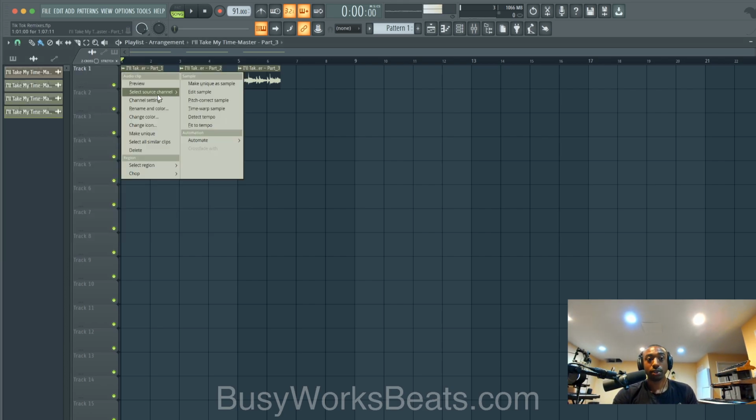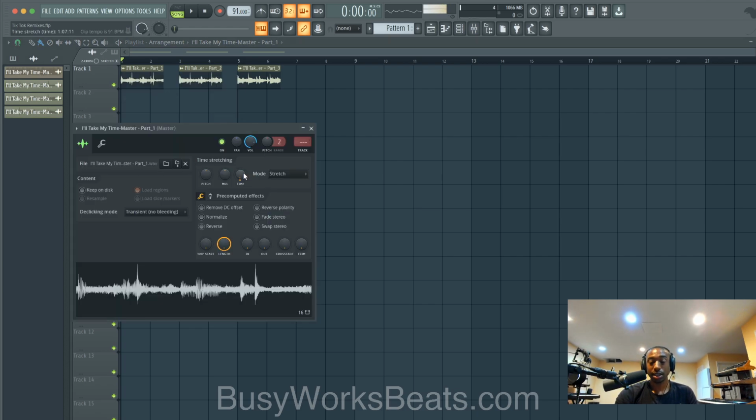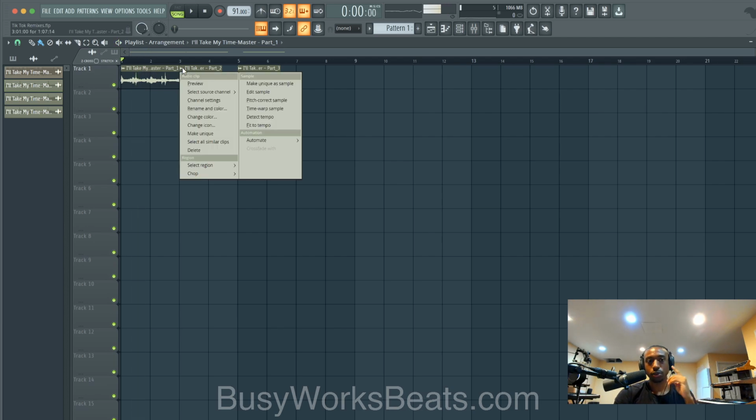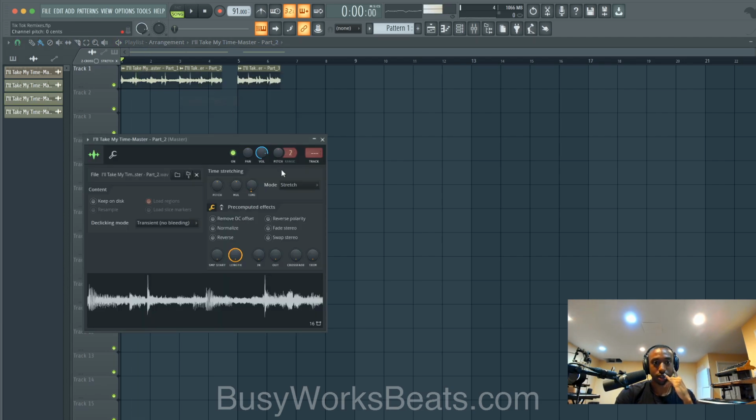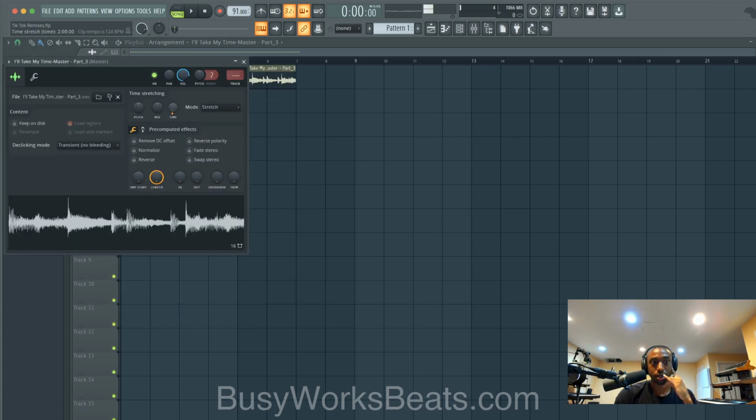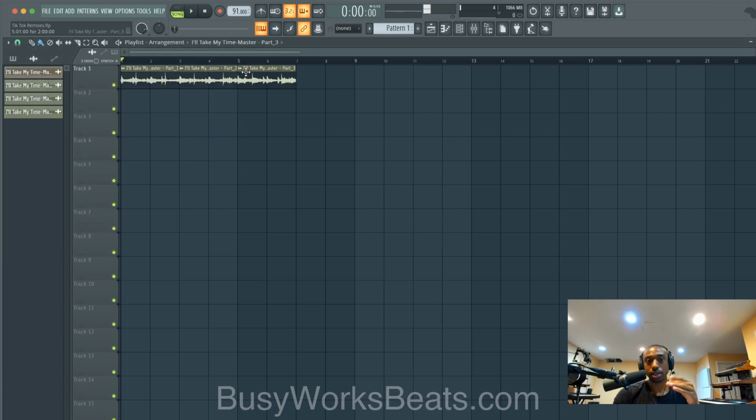Now go to the top left of each of your samples, go to channel settings, and then this time knob, if you just left click and drag, it will lock into the nearest bar. So you see in the top left, it gives you the bar value. Okay, so 2 bars, because it's a 1 bar sample, but yeah, technically. But we're trying to get that slow feel, so we're gonna drag it to 2 bars. Go to channel settings, time, drag it to 2 bars. And then the same thing on that last sample, drag it to 2 bars. So now everything is 2 bars even.